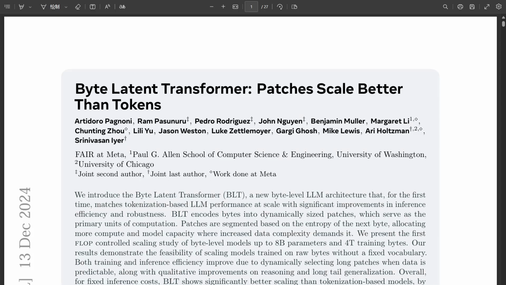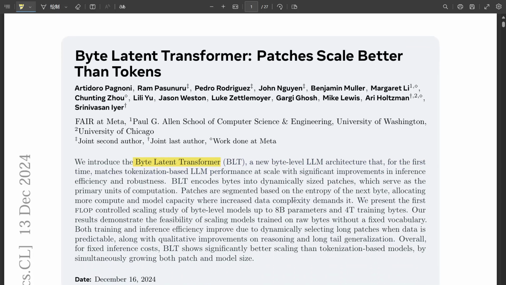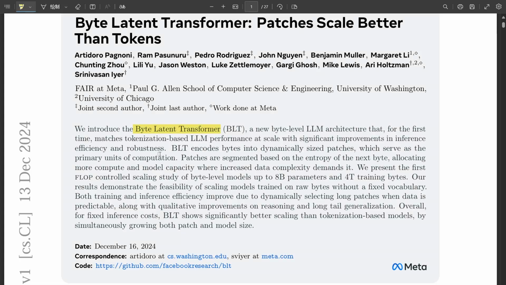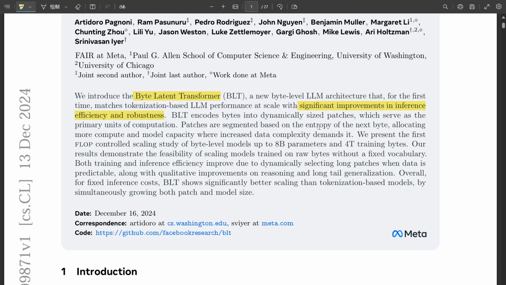All right, strap in, everyone. We're going deep on some brand new AI research today. This one's all about the Byte Latent Transformer, BLT. And from what I can tell, it's really shaking things up in the world of language models. What I find really interesting is that it goes right at a core problem in how AI understands language, the problem of tokenization.